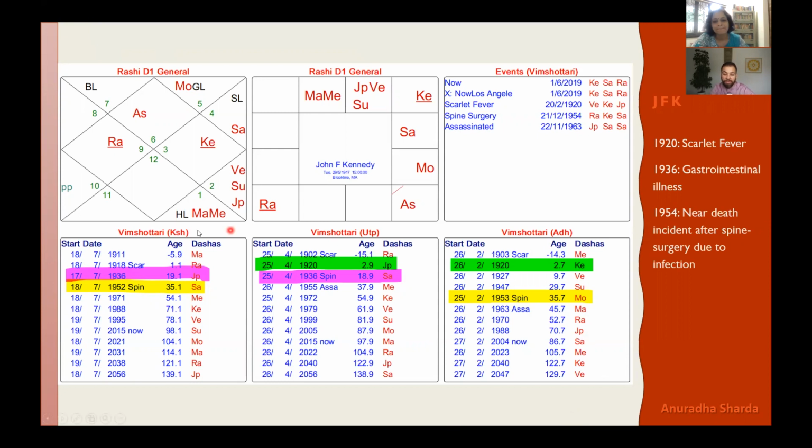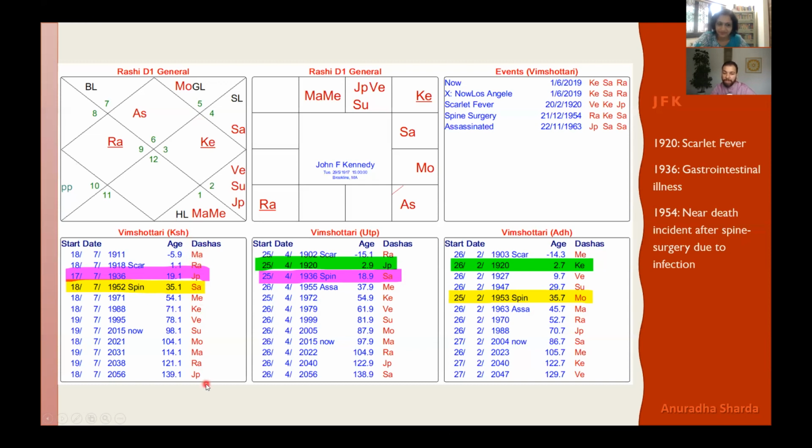So what we do is this is Kshema Vimshottari. It looks like Vimshottari, right? But it is just started from the Kshema Tara, that means the fourth from the moon. So this was Mars. So I'm guessing his moon must be in, this is Leo, so this will be in Purva Falguni Nakshatra. Because the fourth, let me see, Venus, Sun, Moon, Mars. Mars will be the fourth one, right? So he has Moon in Purva Falguni, and the fourth therefrom is Chitra, and Chitra is ruled by Mars, and therefore the dashas go on like this.